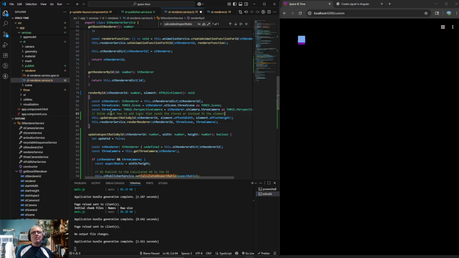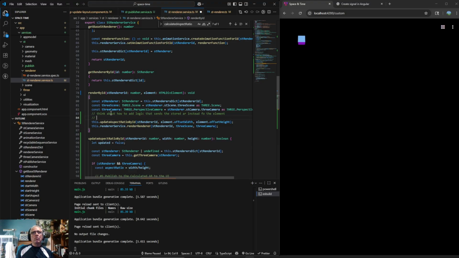And actually element width and height. So I think that's interesting because right now, this whole concept is update aspect ratio by ID. And so this is different. This isn't right. That name isn't right. Okay, so